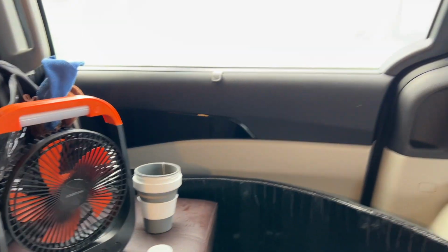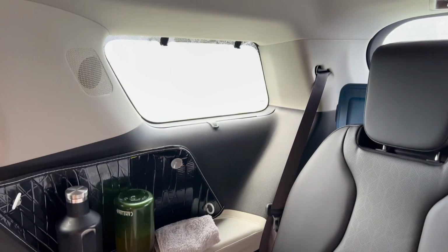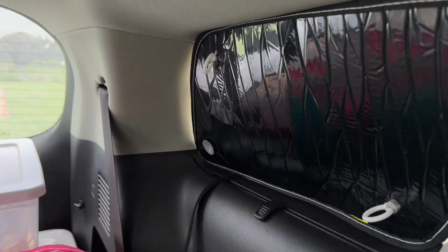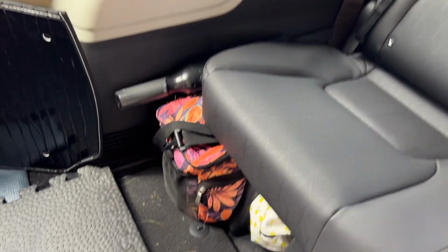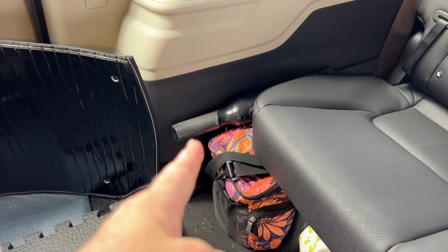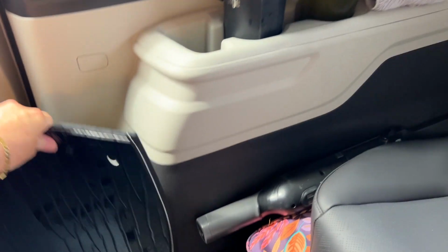Okay, so let's go around here. The nice thing about the KIA Carnival, it has these little windows, which I love. So when I wake up in the morning, I just open that and see what's going on. Yeah, this is my setup. Oh, underneath here, that's my portable vacuum. I charged it before I came on this trip,